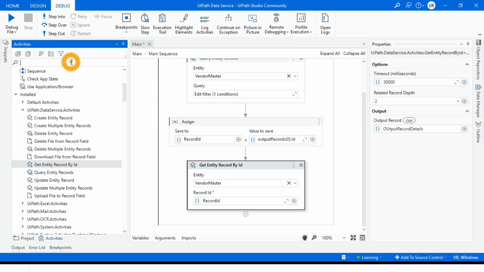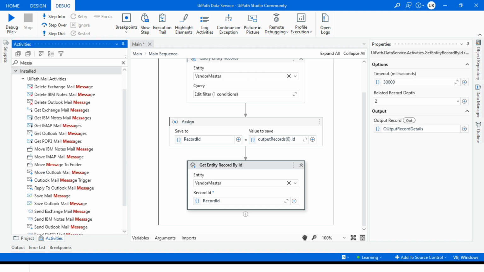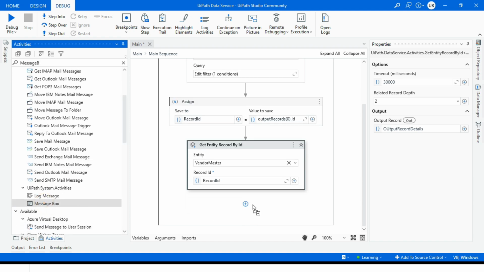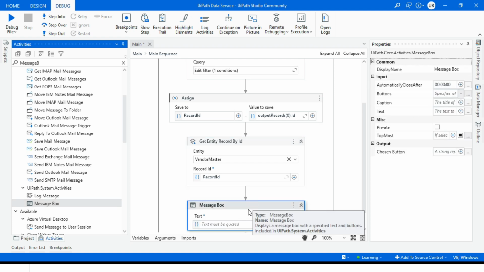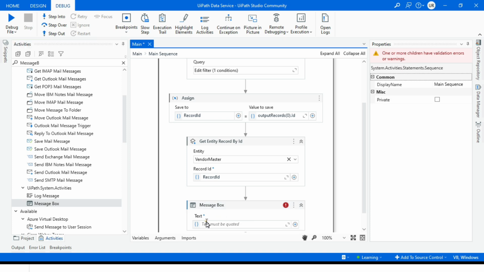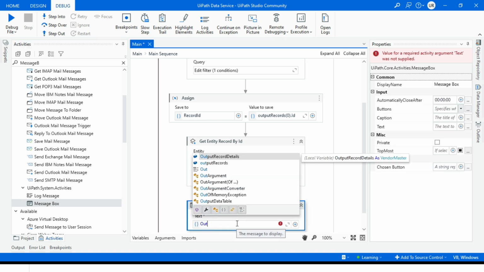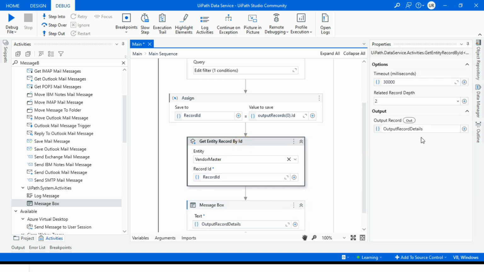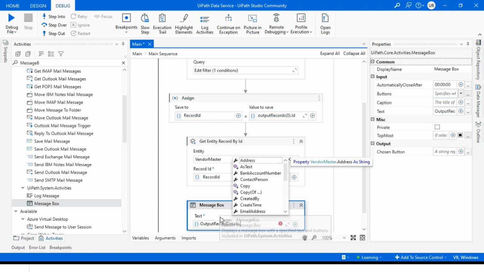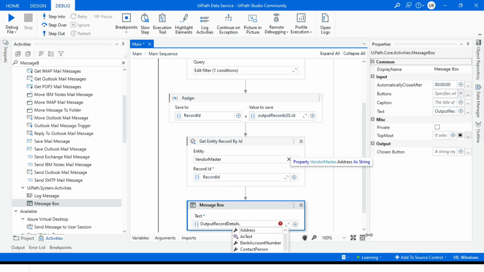Now after that, let's take one here, message box. Once we retrieve the record, we can access its fields, right? So we'll be passing that here in the message box. For example, we can show the vendor name or the email address. So we will write here output record details, right? From here we are getting the details, then dot, and then it will give you the list of fields it has. So now I want to get the vendor name,